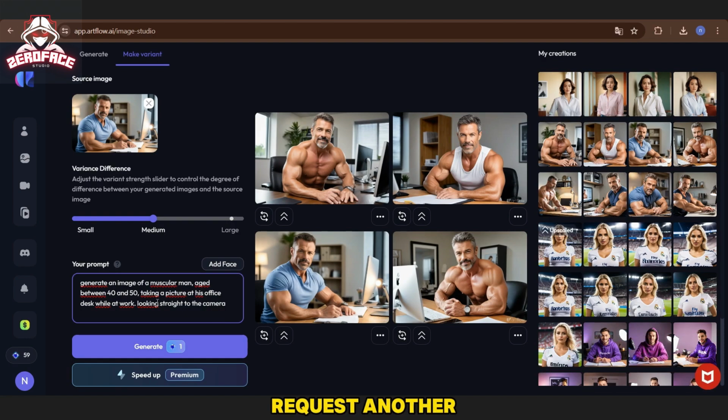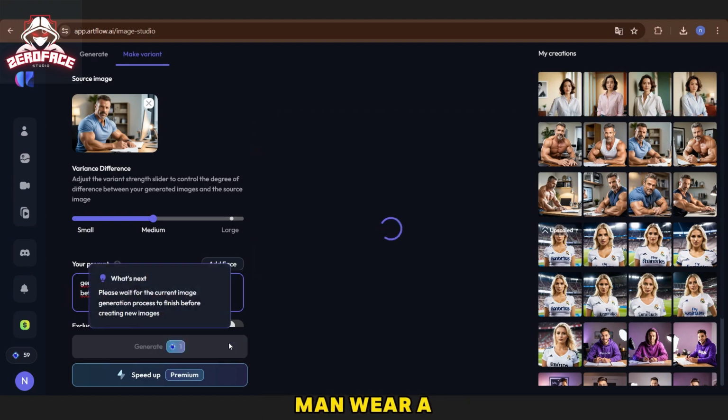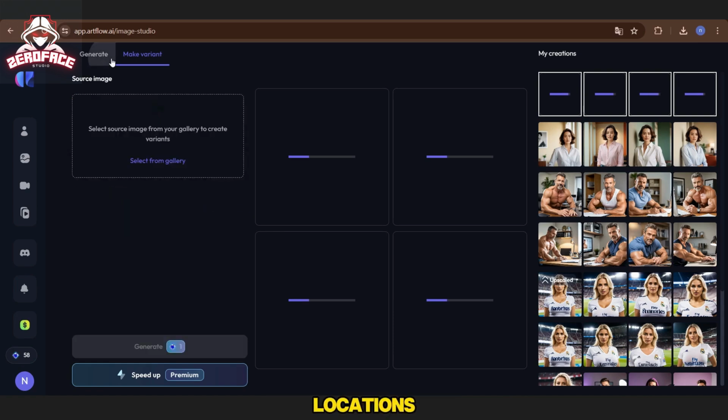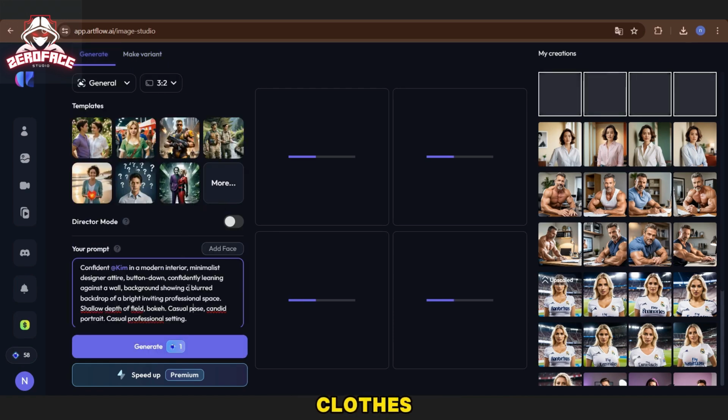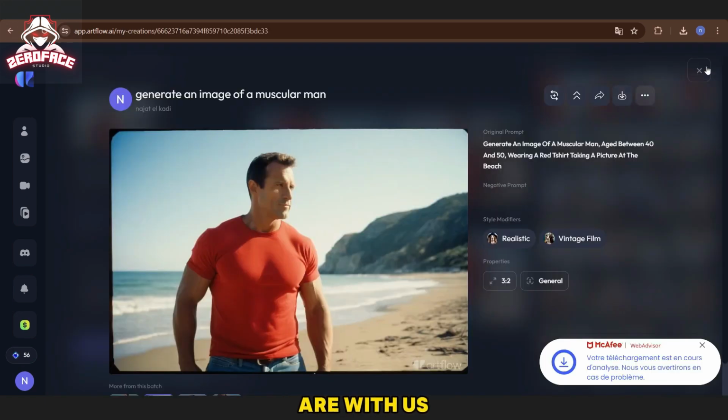Now, we will request another set of photos, but with the same characters. We'll change the setting to the beach and have the man wear a red t-shirt. We created these last 4 images to have pictures with the same characters, but in different locations and wearing different clothes. Now that the pictures are with us,